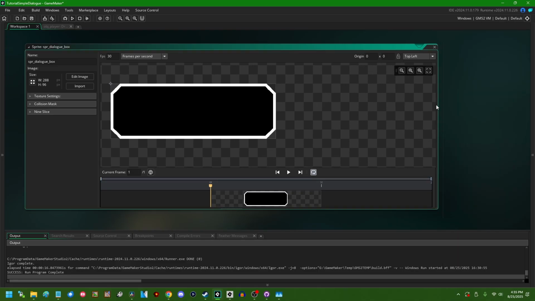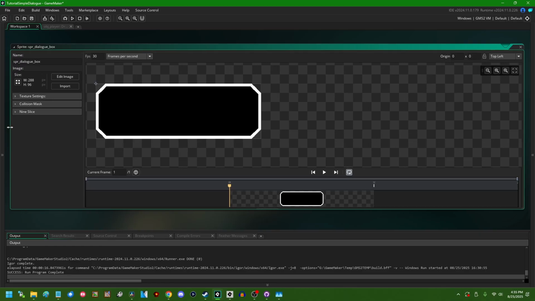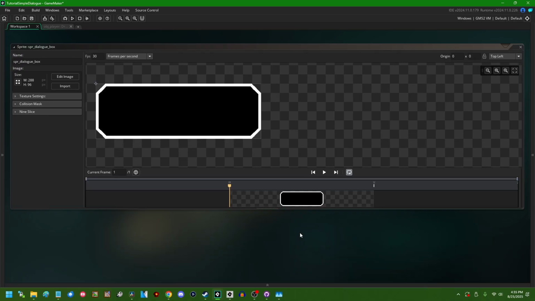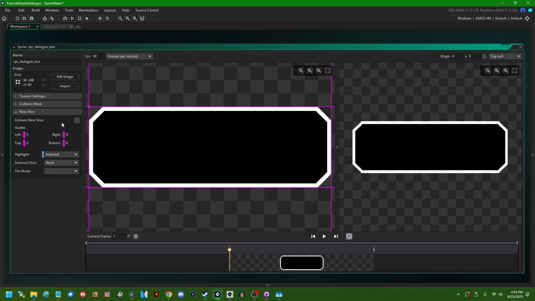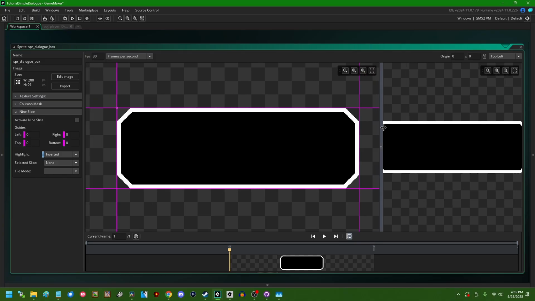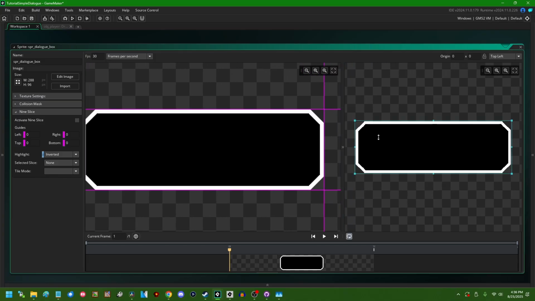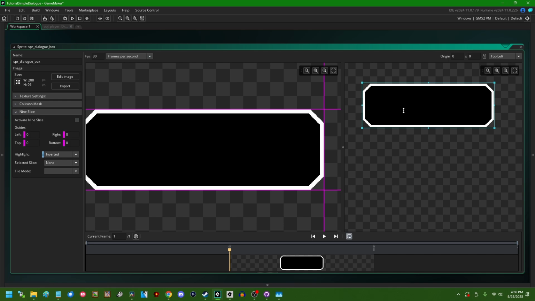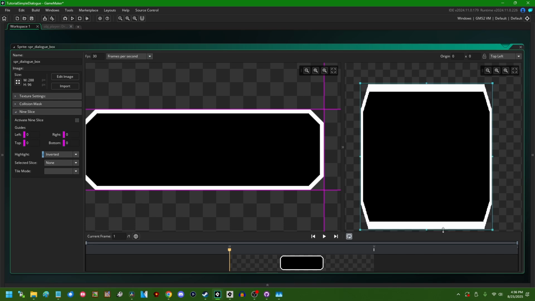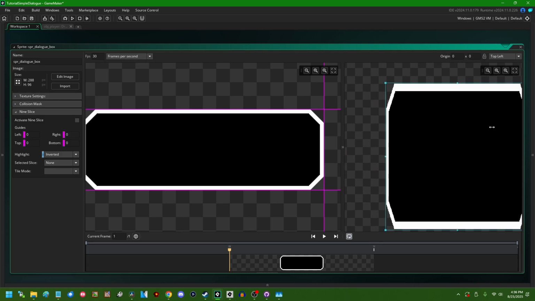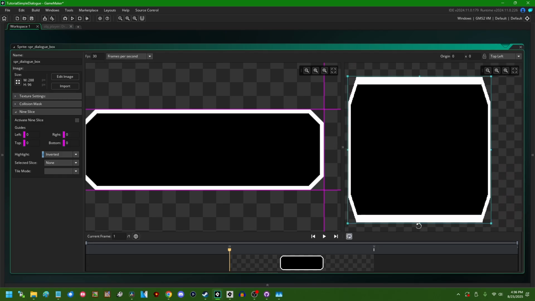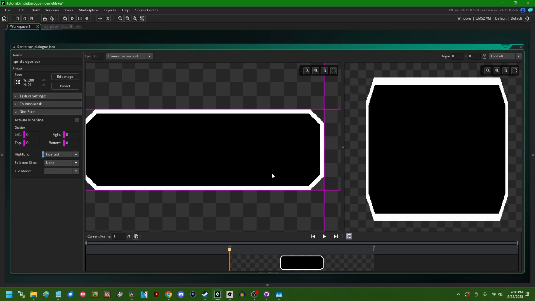So if you've never seen this before, this is a lot of fun. If you go into one of these sprites' properties like this, and I'm just going to make this a little bit bigger so that we can see more of it, and you click on the 9-slice tab over here on the side, that's going to open up this box with some pink grid lines on it. What this is all about is this will do what I said before. If you stretch a sprite, normally it would stretch uniformly, and you might get some weird effects around, for example, the corners of the sprite. But if you activate GameMaker's 9-slice system, and let's leave that at that size for now,